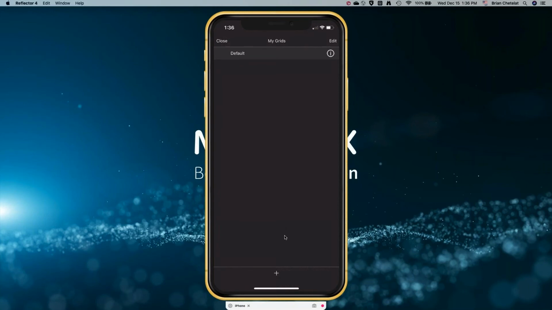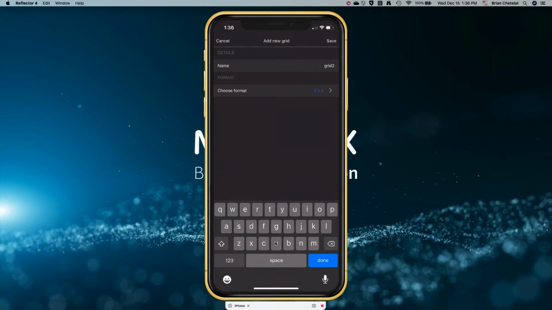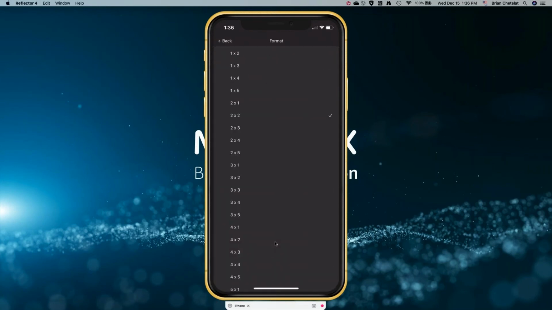Okay, I wanted to show you this. I hit the plus sign down here. Again, I hope you guys can see my cursor, but the plus sign at the bottom, that's going to open up. This is where I can name my grid. Grid 2, and then here's where I can choose my format, and I've got a ton of choices, you can imagine.